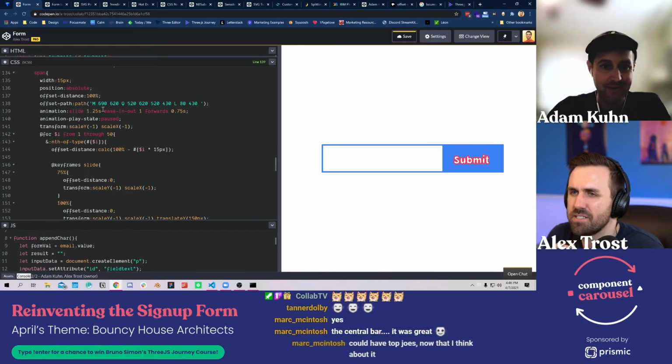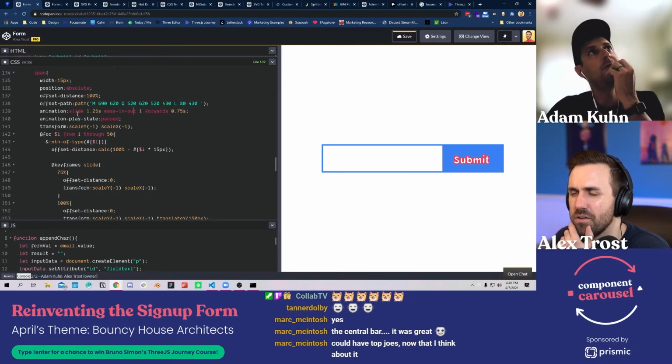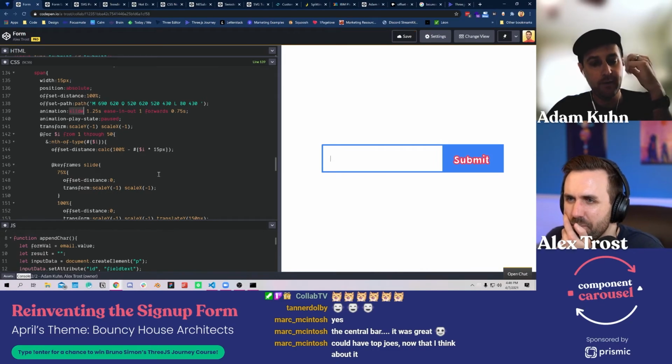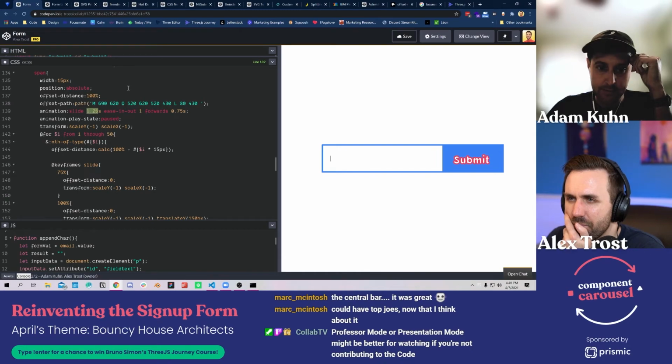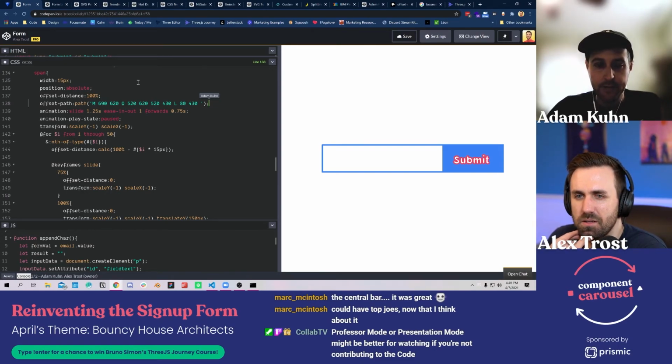All right. When you get a sec, can you break down this animation property? I always get mixed up with which one is which. Slide is the animation name. Sure. Honestly, the main ones you need to know are the seconds or milliseconds. The first one that you define will be the duration, and the last one that you define will be the delay.